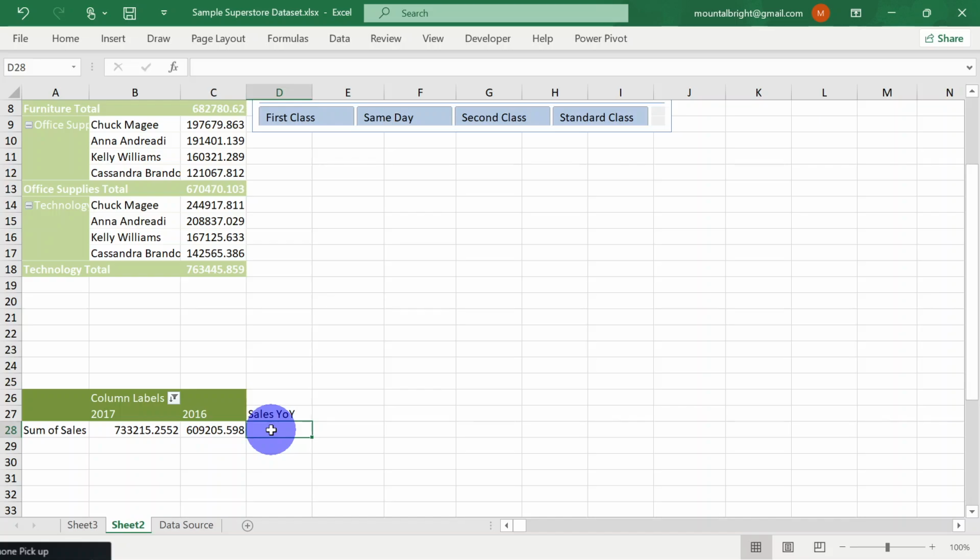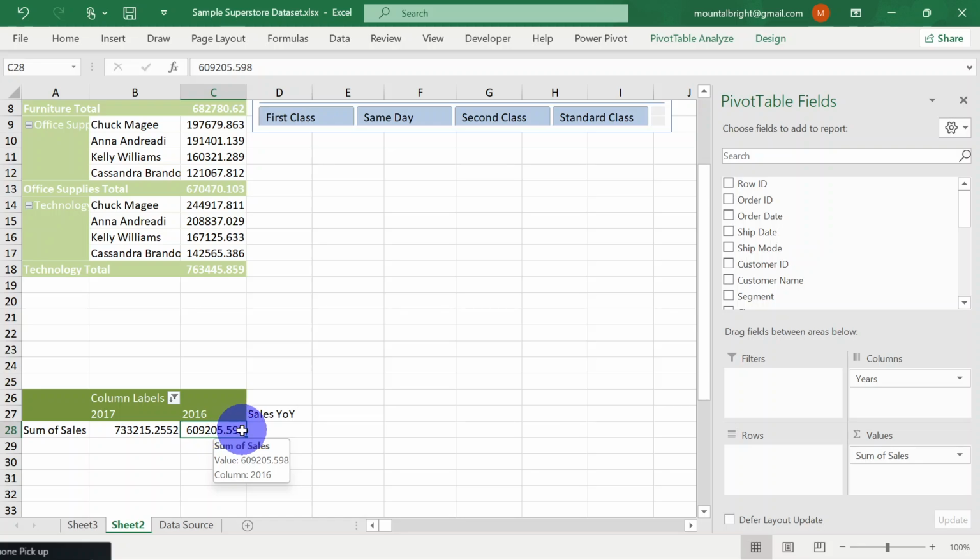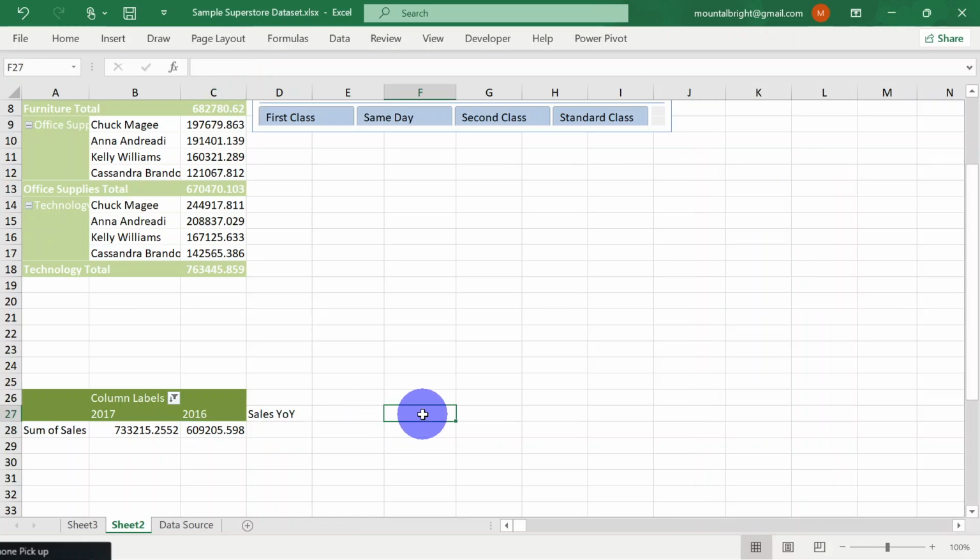I can apply an Excel formula here, right? Remember how to apply an Excel formula. You have to know the cell value. You reference a cell using the corresponding rows and columns of that cell, right? So this very cell that contains 602,205 is cell C28. Let me just call that cell C28 outside here, so that we can see whether I'm picking the right value. So I'll just put equal to